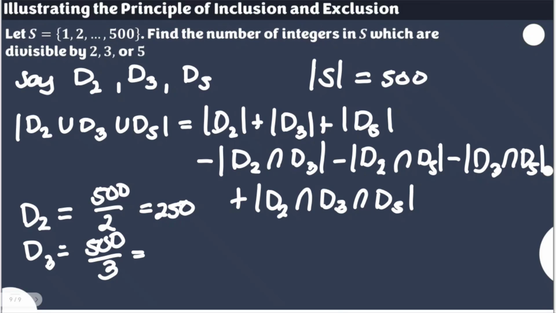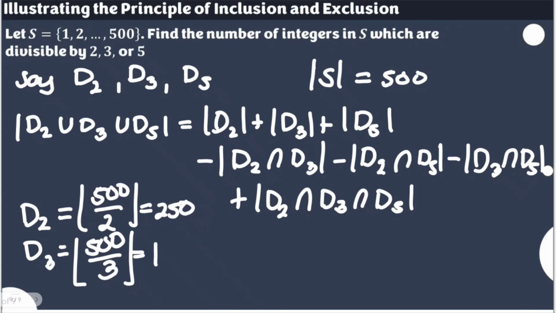So what we can do here is simply take the floor. This floor is a notation which tells us to round down. This is even true here, even if it's exactly 250, that's the formula. So when we have 500 divided by 3 and we round it down, why do we round it down? Why do we get the floor? Because if there is a decimal, that determines that there are remainders. When we divide 500 by 3, we have remainder 2. Definitely, it did not reach 3, so we don't get another one. So it's important for us to look into the previous integer because you cannot move forward to the next one.